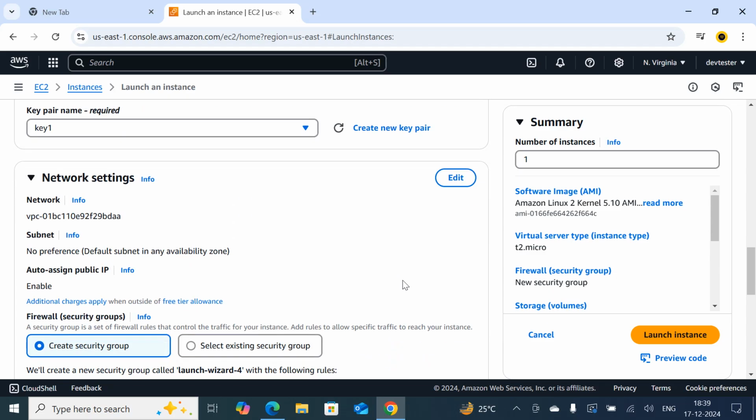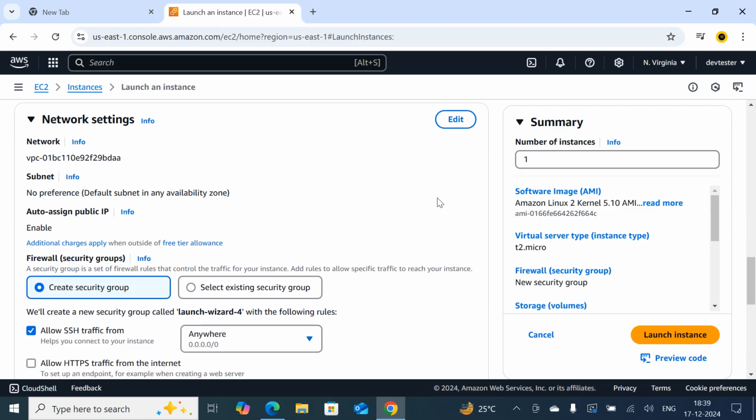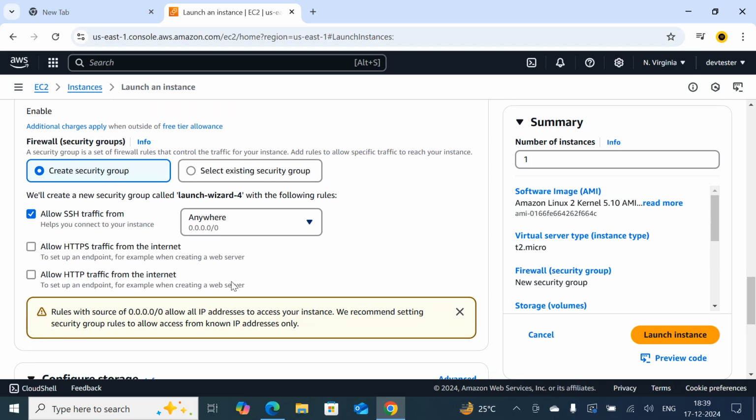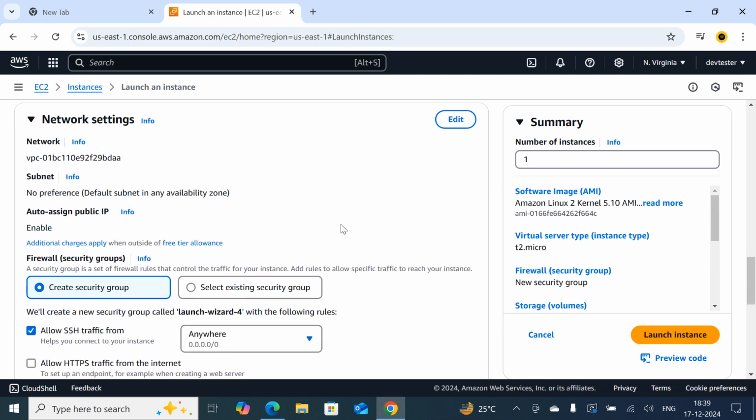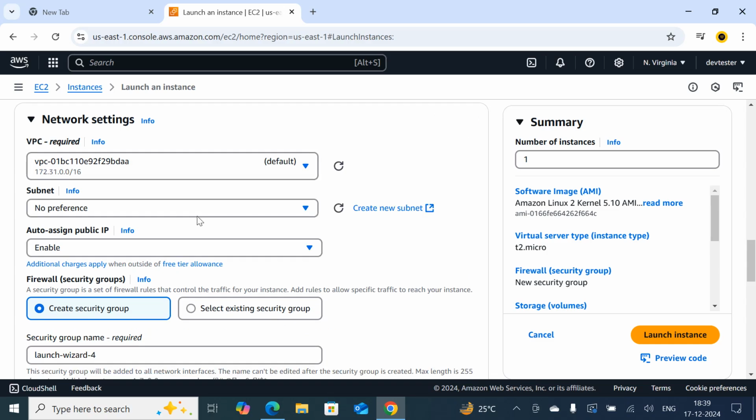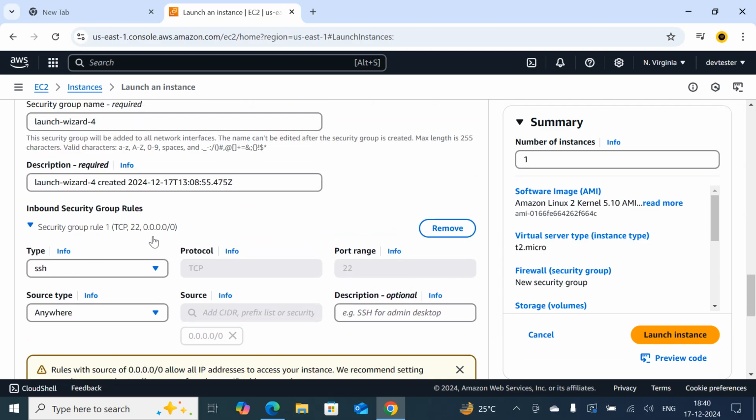And coming to the network settings, as usual, you can leave it as it is. And at the same time, I am going to create a new security group because the existing security group will allow only SSH traffic. But here the Jenkins port number is 8080. I just want to enable port 8080 also in order to access the Jenkins server. So that's why I need to edit this or create a new security group. So I just click on edit, and here